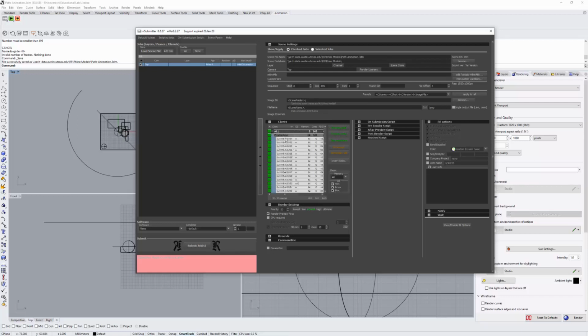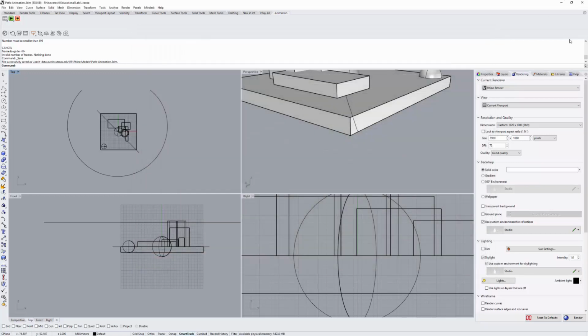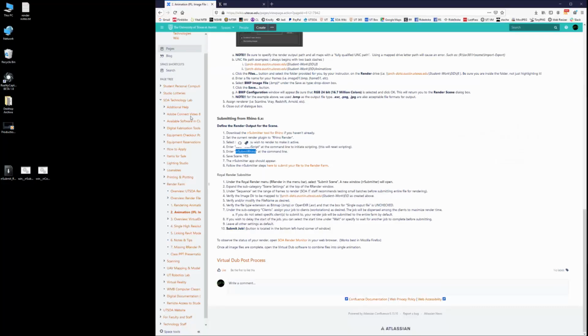Production filter. I'm going to submit this 500 frame animation to the production farm. Assign that only. And render preview first, I'm going to uncheck that just to let it go. Looks like my default render is good. Scene name is going to be path animation, and submit. Closing the submitter. Next step is to go to rrControl,